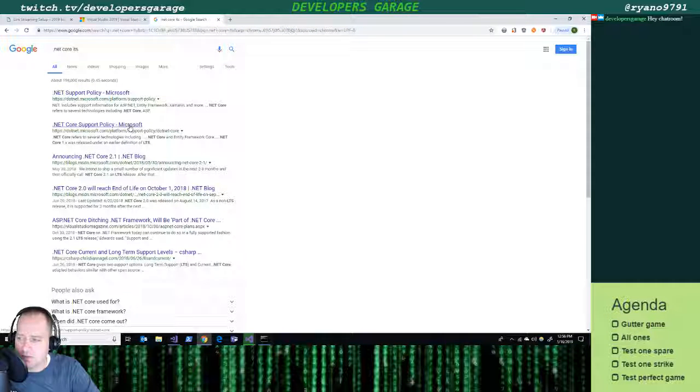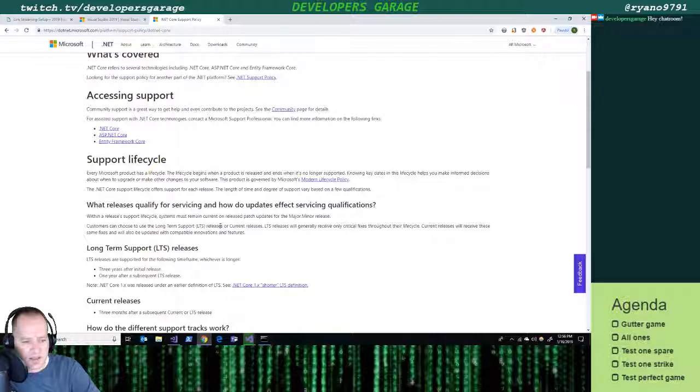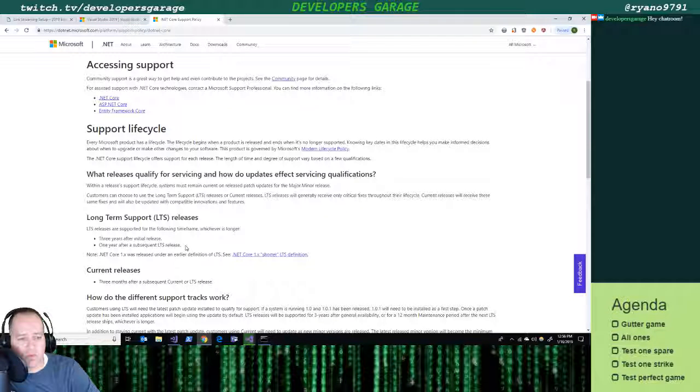I don't know what the policy specifically is on that. So, let's see. Does it tell us? 3 years after initial release and 1 year after a subsequent LTS release. So after 3 years, they may do a new LTS, or if they create a new LTS, I'm not sure what that means. It seems kind of double-sided there. It could mean, hey, if we release something we call an LTS, we could say, hey, that old one's not going to be supported. Or it could mean they're supporting 2 LTS branches. I don't know. But you're at least guaranteed, most likely for 3 years, you're going to have support for your